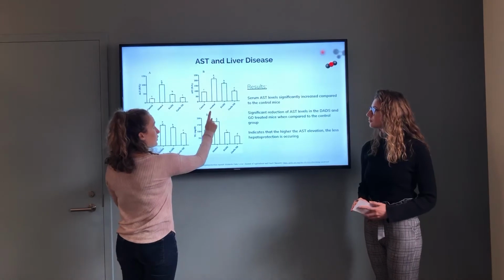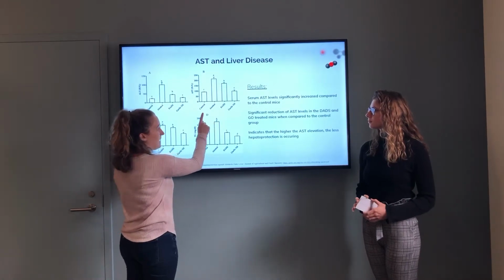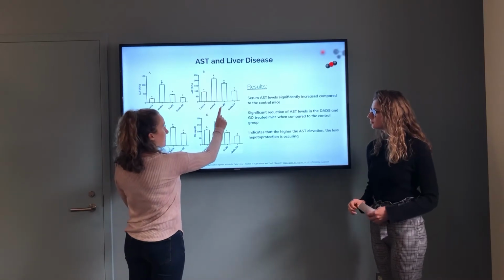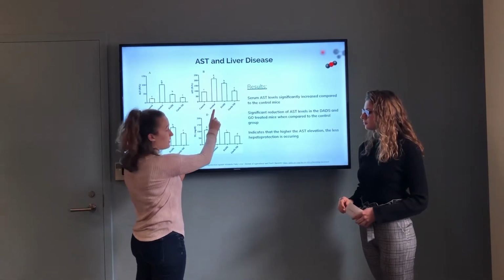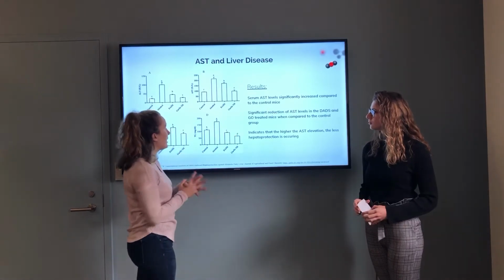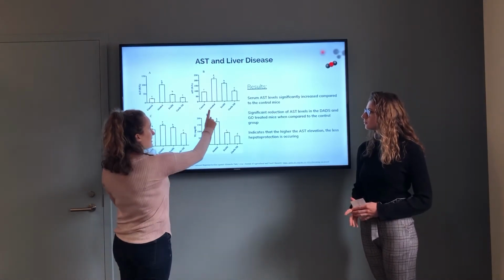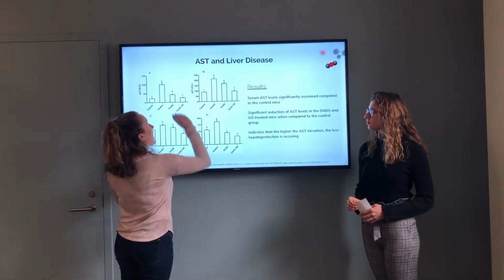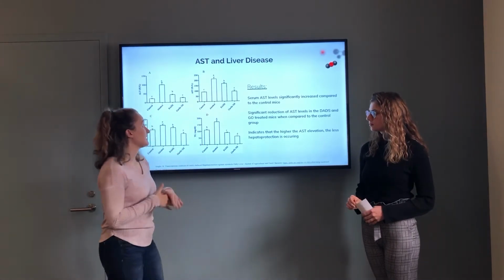The second group is the mice that received the alcohol diet but no hepatic treatment. The third group is the ethanol mice who received the DADS treatment, and the fourth is the GO treatment for the mice with the ethanol diet. As you can see, the alcohol diet without any hepatoprotection mechanism had the highest level of AST in their blood